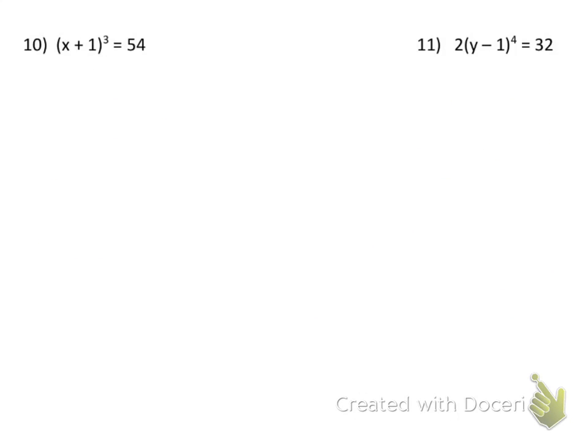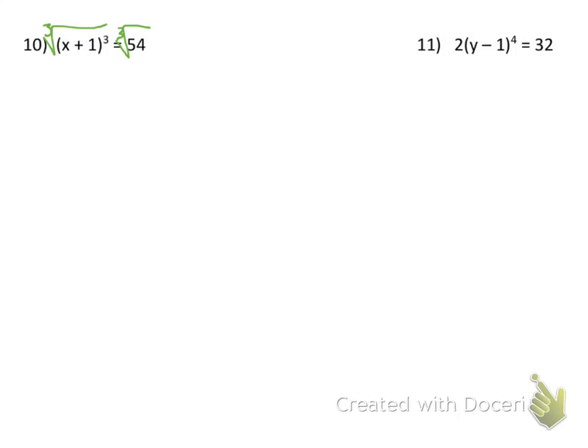These next problems look slightly different. Again, we can't just distribute that 3 in, because it's not going to be the same as x cubed plus 1 cubed. If you wanted to expand this, you would have to write x plus 1 times x plus 1 times x plus 1 and FOIL those all out. That would become an awful mess. So let's go ahead and get rid of that 3. Since we're raising x plus 1 to the 3rd power, we can get rid of that by taking the cubed